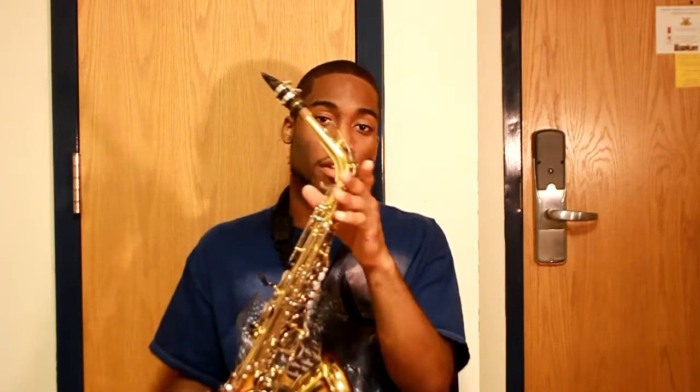There's not much to replacing the octave pip pad here on the alto saxophone or the tenor saxophone, or any saxophone for that matter. You really want to make sure you keep your pads in order, but those of you who play the saxophone know that sometimes your pads actually do fall out. If you have an older saxophone with pads that are dry rotted, where the glue, or some liquid cement,